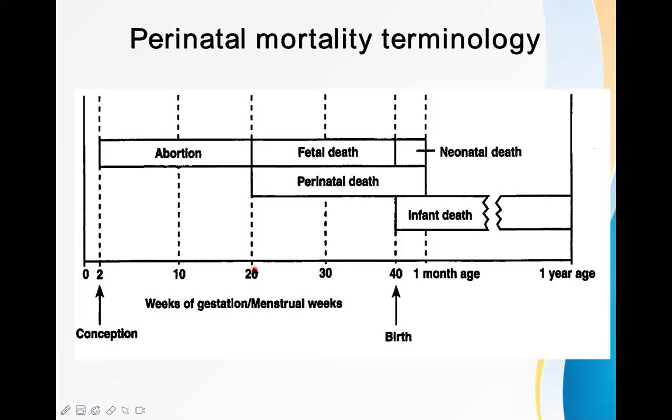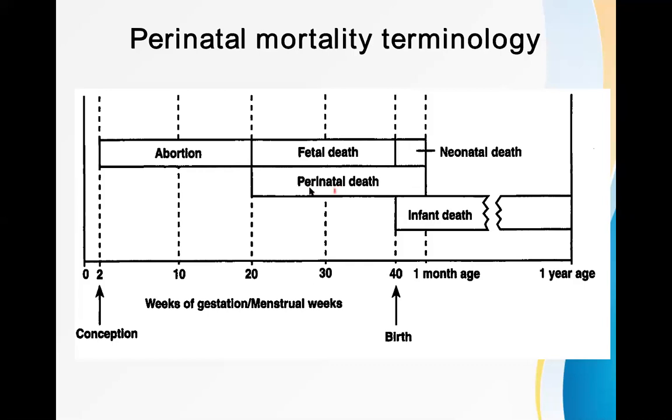If a baby is born, or we can say if a pregnancy is discontinued before 20 weeks, because before 20 weeks actually the baby is not well formed, so rather than use the term baby, if the pregnancy is discontinued before 20 weeks, it is called abortion. So very nicely shown here. See here, before 20 weeks, if there is discontinuation of pregnancy, it is abortion. Now, after that,